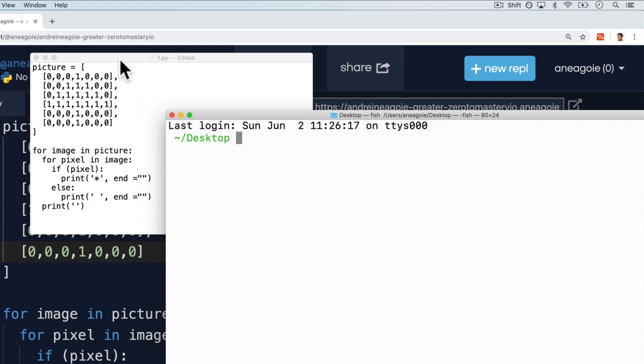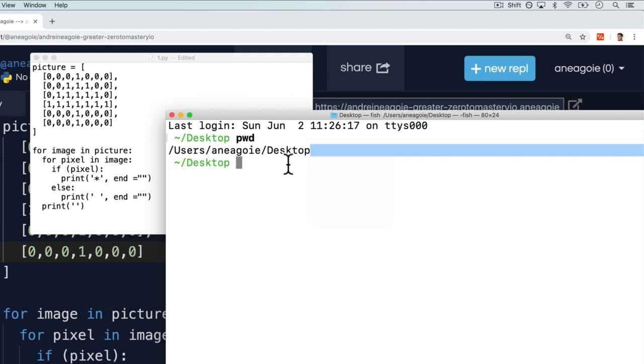So that here, if I wanted to run the 1.py file, I make sure that my present working directory is where my file exists, which is on my desktop. Remember that on Windows, you'd say directory or dir to find out what your present working directory is. Once you're in the same directory, remember, if you're not, you can cd into different locations to get to where